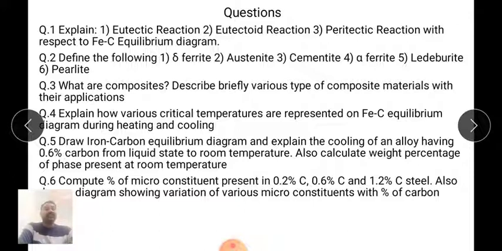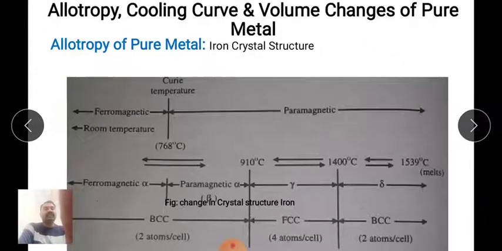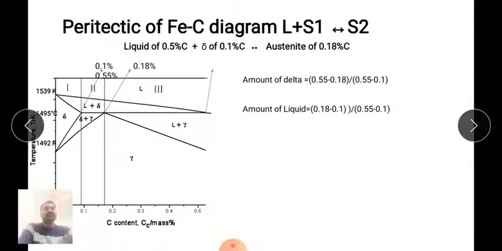An important thing is that for the iron carbon equilibrium diagram, you draw a complete diagram, or draw the enlarged view of that diagram for the particular reaction, likewise shown here. See here, suppose you are going to explain the peritectic reaction. In that case you have to draw the diagram for that peritectic reaction with this reaction and these supporting reactions.